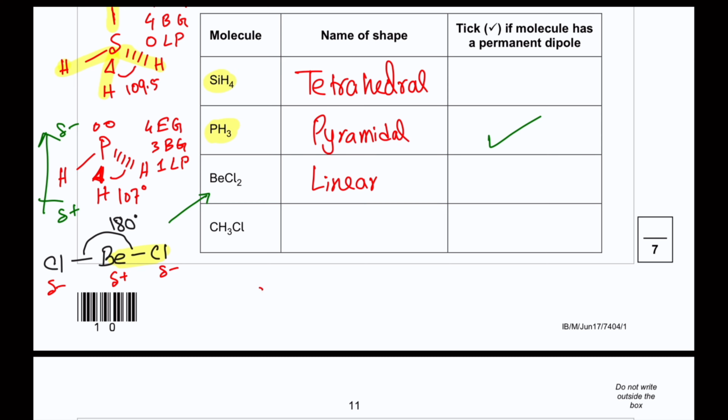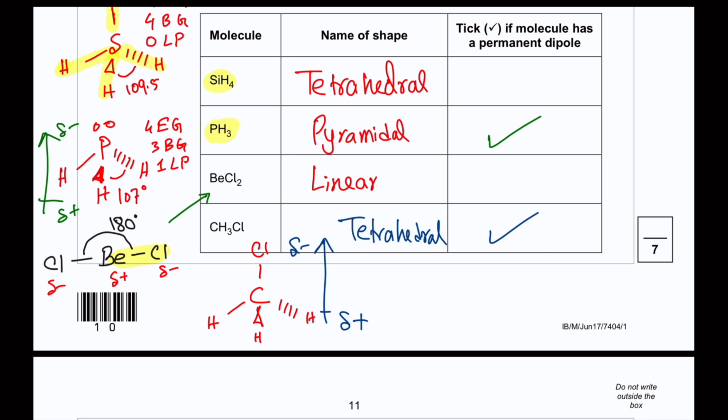With the CH3Cl, again it is tetrahedral. We can consider the 3 hydrogens on this side and we can consider the chlorine to be here. Now chlorine is more electronegative than carbon and hydrogen. So considering that, this tip would be partially negative and the bottom portion will be partially positive. The molecule will be tetrahedral, but in this case, it will have a permanent dipole. Since only this particular bond has the highest electronegativity in chlorine,